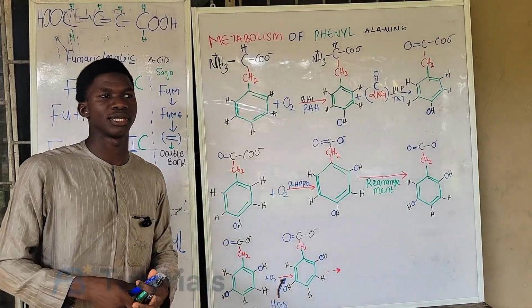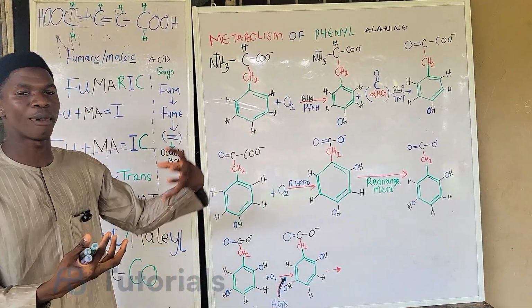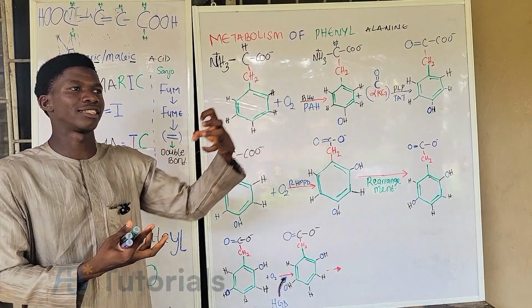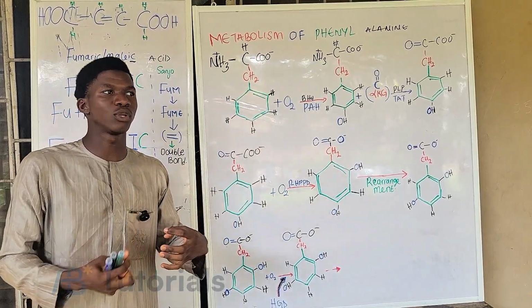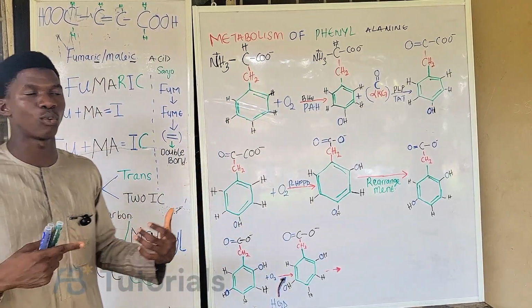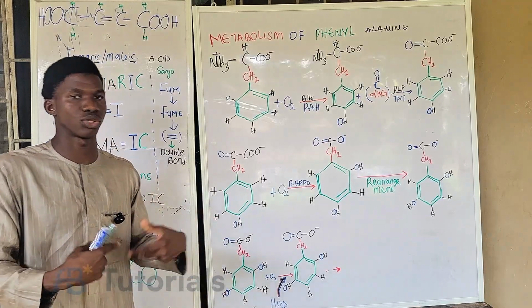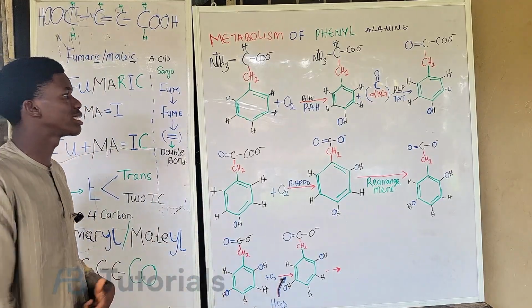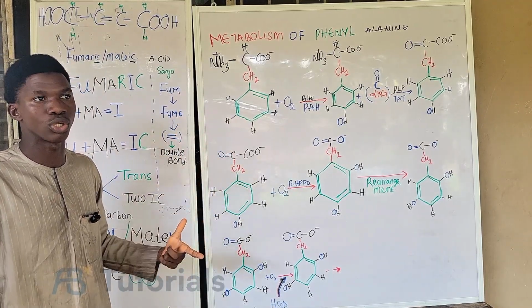So that's that about the cis and the trans. Don't forget, the fumaric is the trans, and it is the stable one. The malic acid is the cis, and it is the unstable one. So that is to tell you that during the course of this reaction, it will get to